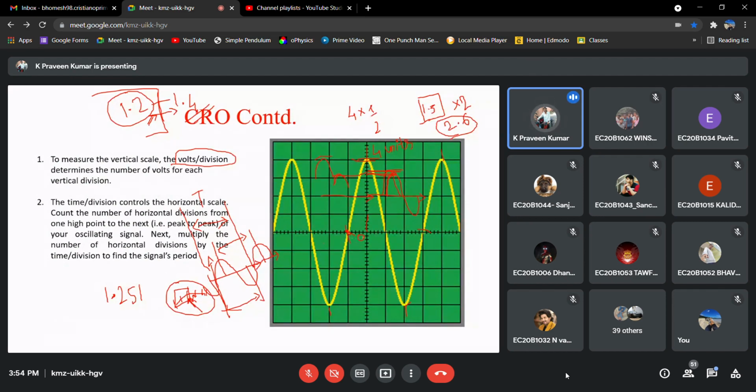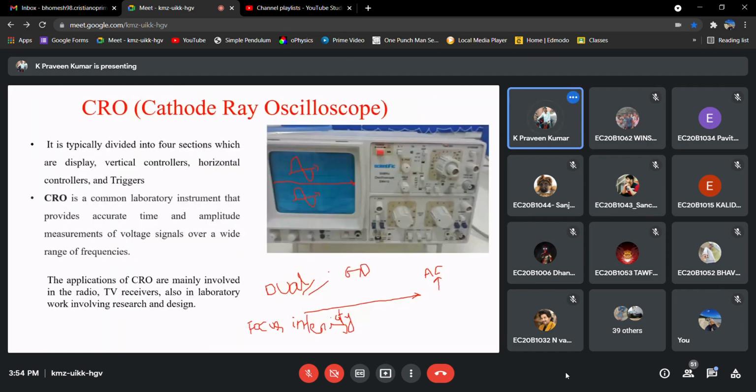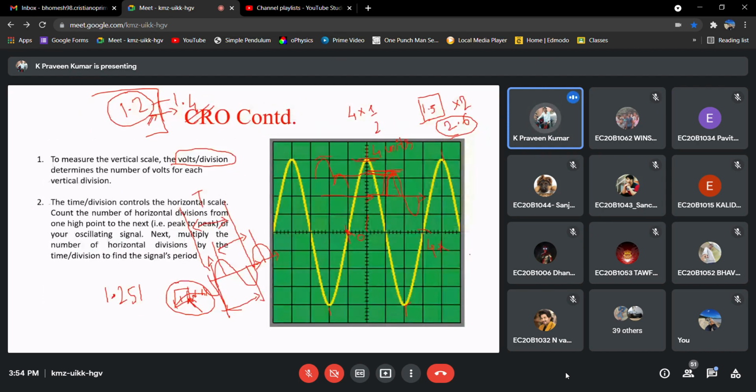Let us say this is 1, 2, 3, 4. This is also 4 units, and then multiply with the time per division. This is volt per division, this is time per division. So multiply with this scale, then you will get the time period.